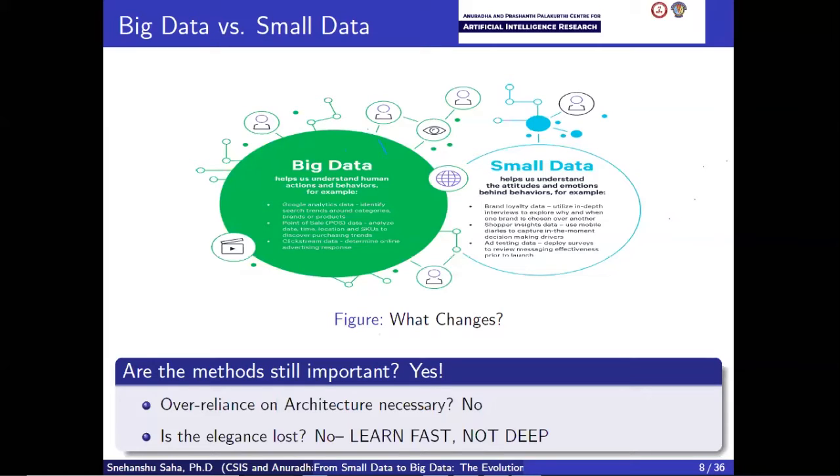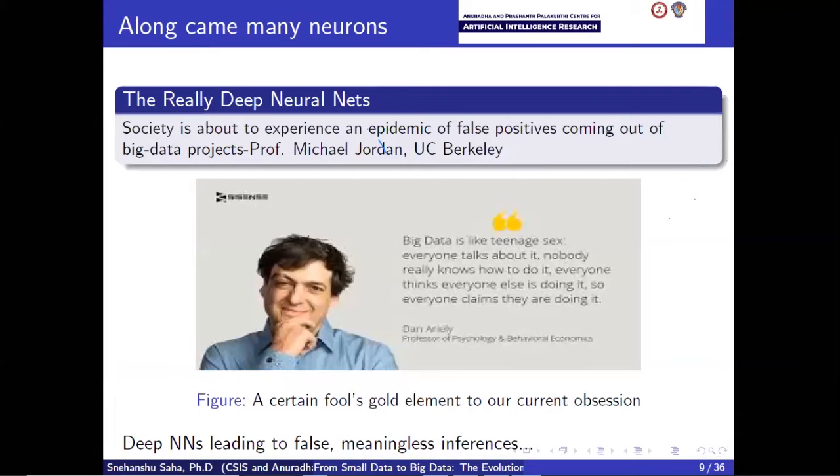Because deep learning is once again another buzzword that has been hitting the deck, quite severely for the last 10 years. And while some of the deep learning solutions have given amazing results, there are other things that we need to consider about deep learning. So the evolution from small data to big data, one of the harbingers of this evolution, one of the agents of change in terms of handling and predicting inferences from big data is deep learning methods. Which is what I'm going to talk about next.